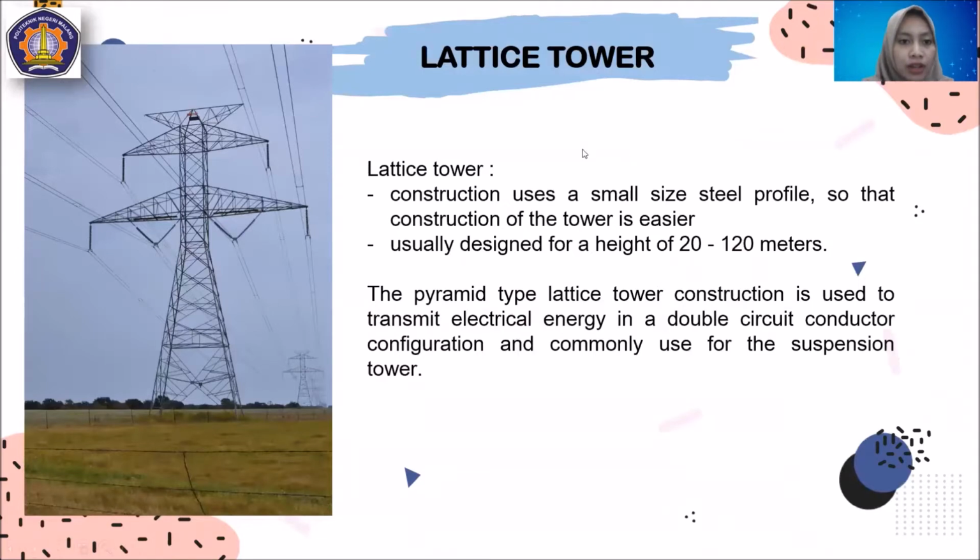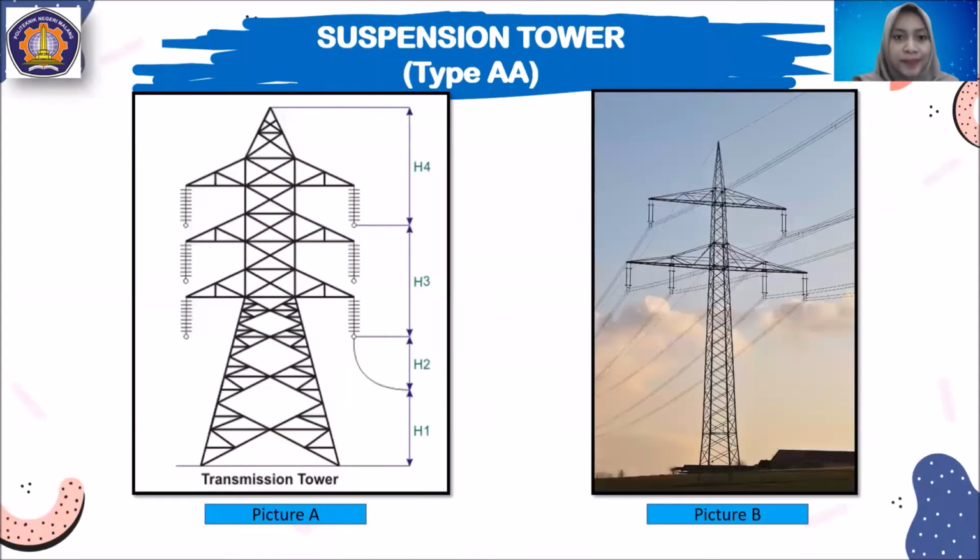Next, lattice tower. This is a picture of a lattice tower. The lattice tower construction uses small size steel profiles, so that construction of the tower is easier. Usually designed for a height of 20 until 120 meters. The pyramid-type lattice tower construction is used to transmit electrical energy in a double circuit conductor configuration and commonly used for the suspension tower. And then